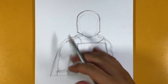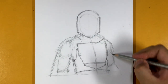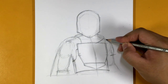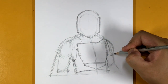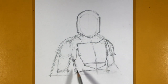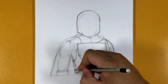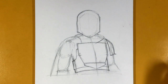Here we have the shoulder. Now that shoulder is going to be covered. We'll add some details to that later on. And then here I'm going to draw a line right here first, and it's going to be covered with armor, like a shoulder plate. Okay, like that, like so, and then just a little lip going out like that. Before we finish, I'm going to draw a line going here to there, and then create, there you go, so it looks like there's an extra layer right there. Okay, so anyway,